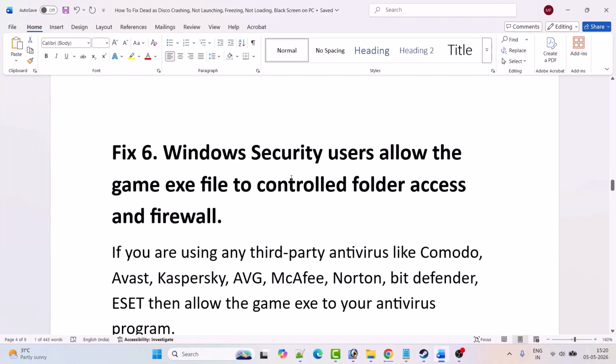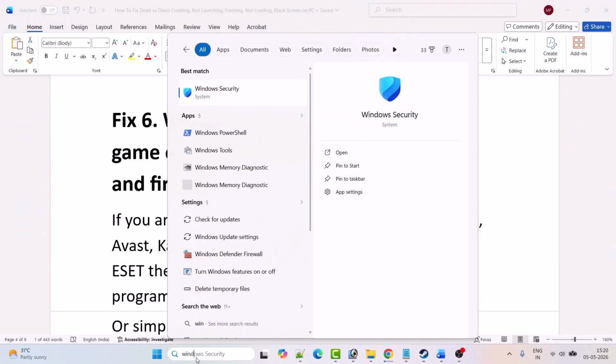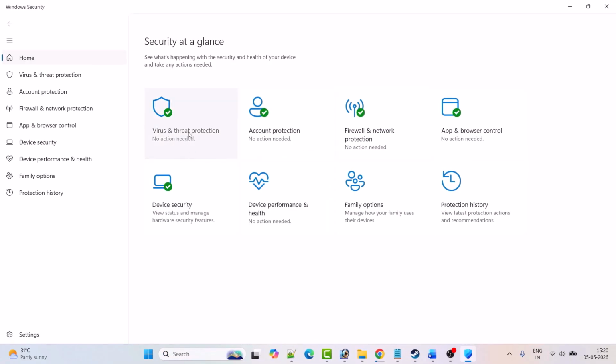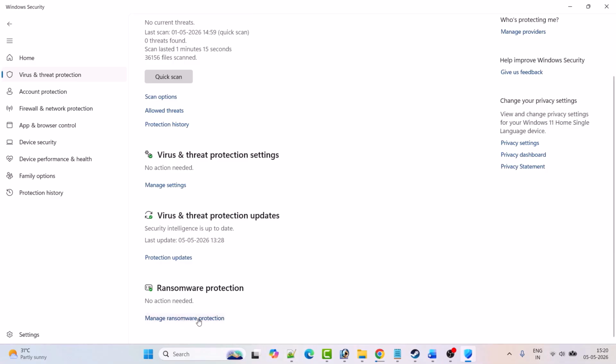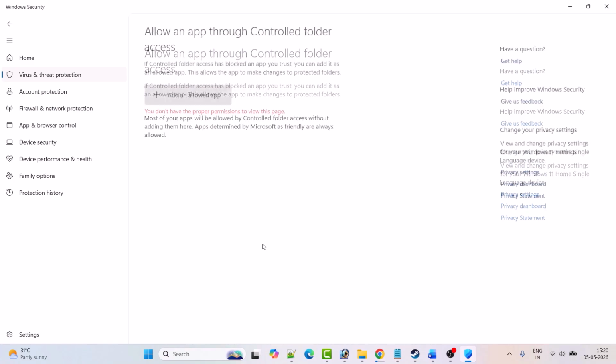Fix 6, Windows security: allow the game exe file to control folder access and firewall. So in Windows search, type Windows security and open it, then click on virus and threat protection. Scroll down, click on manage ransomware protection, click on allow an app through control folder access, click yes to allow,